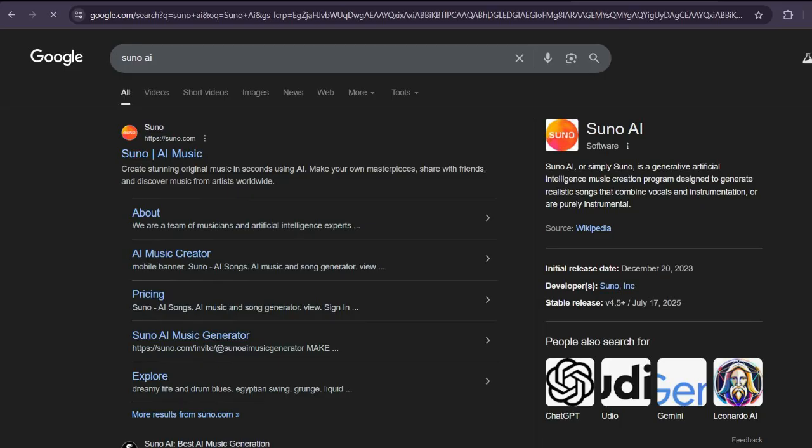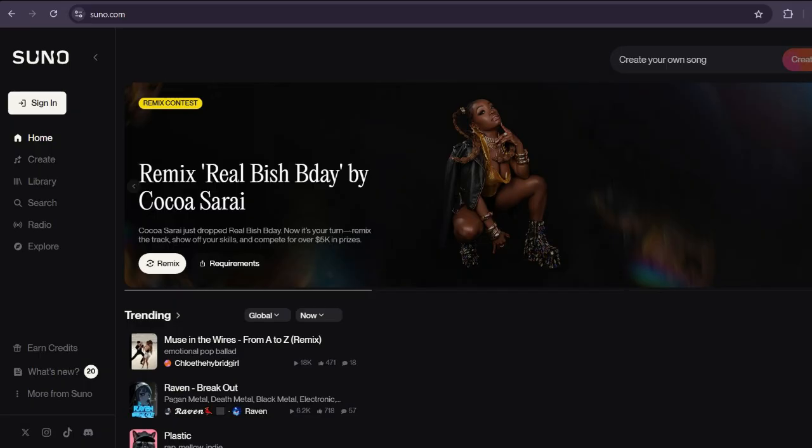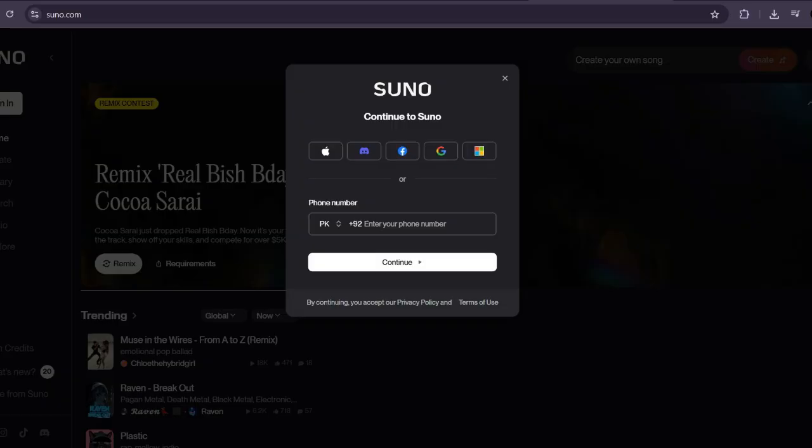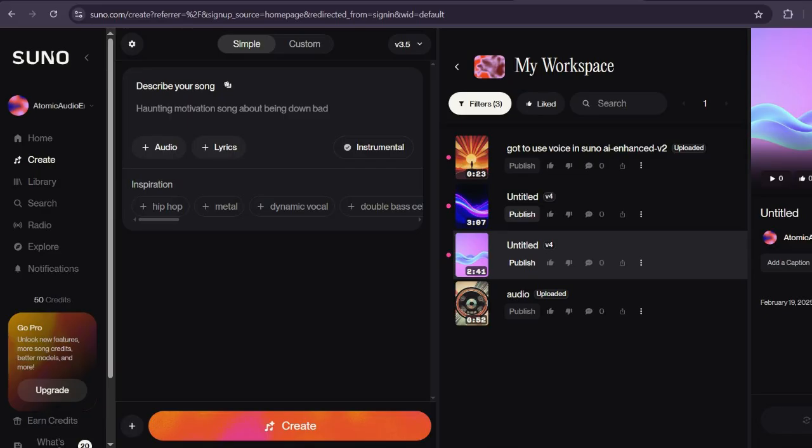First of all, go over to your Google browser or any browser that you're using and search for Suno AI. Go ahead and click on the first link that pops up on the main website. The first thing you'll need to do is sign up or sign in with your account. So click on Sign In from the left bar menu. You can use your phone number to continue or just sign up with your Apple account, Discord, Facebook account, Google or Microsoft account. Once you're logged in, you'll need to go and click on Create from the left bar menu,